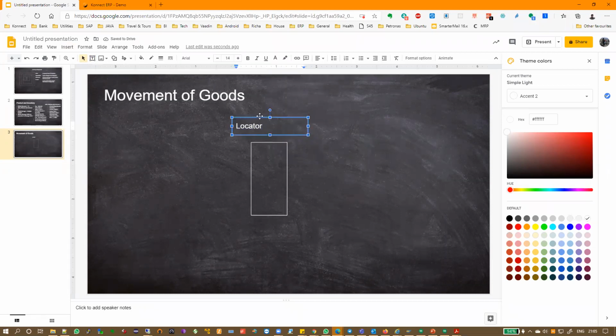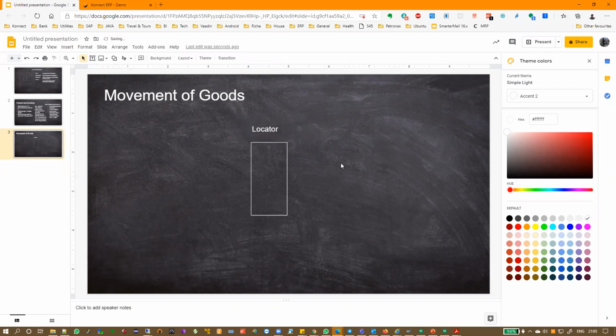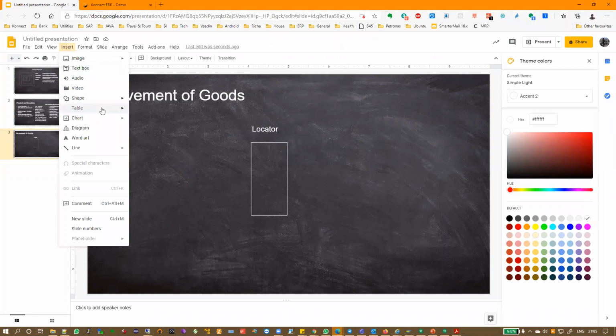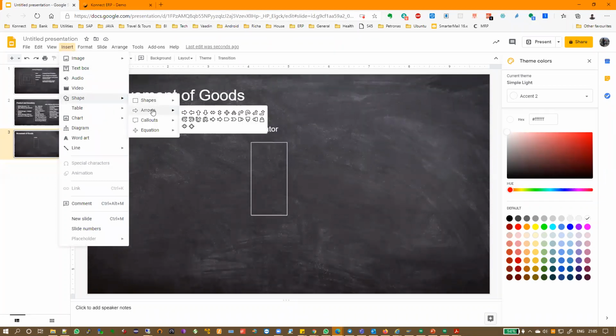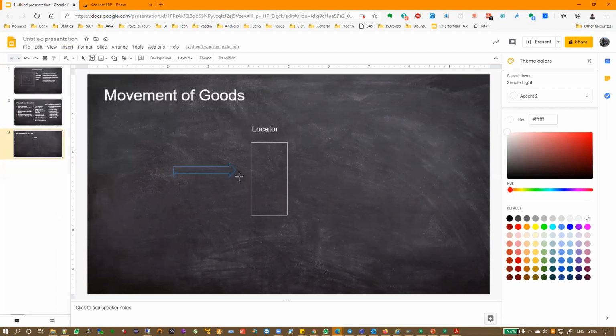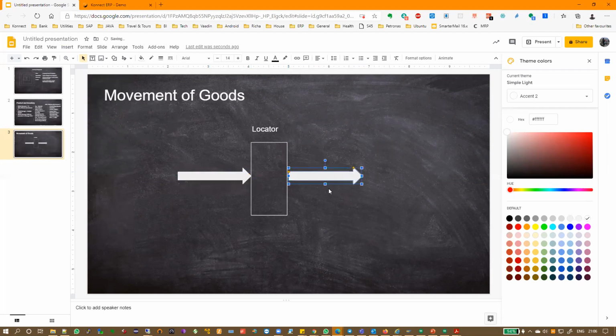So we have a locator here. Physically, just imagine what will happen. Goods will come in. Then the goods will get stored over here, and then they will move out. It's quite simple. There's no big magic to this, right?